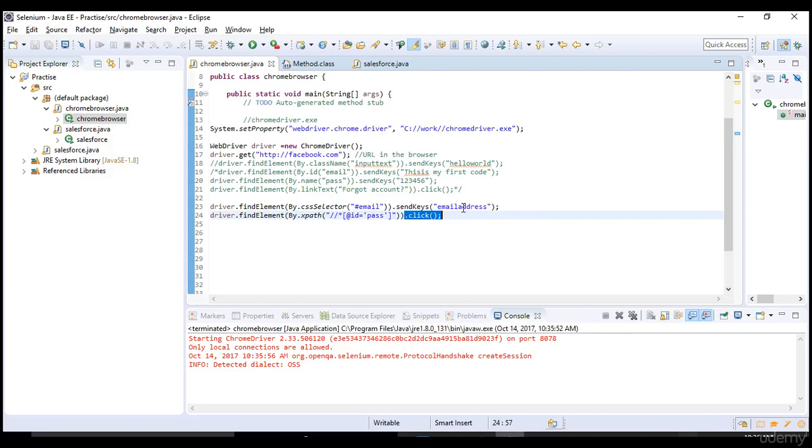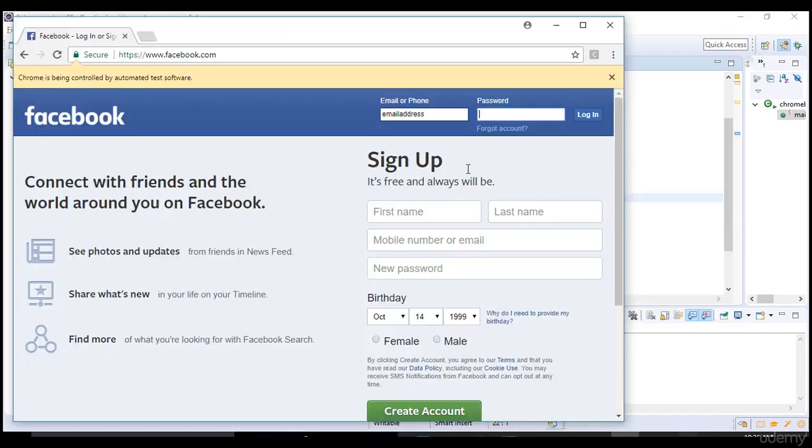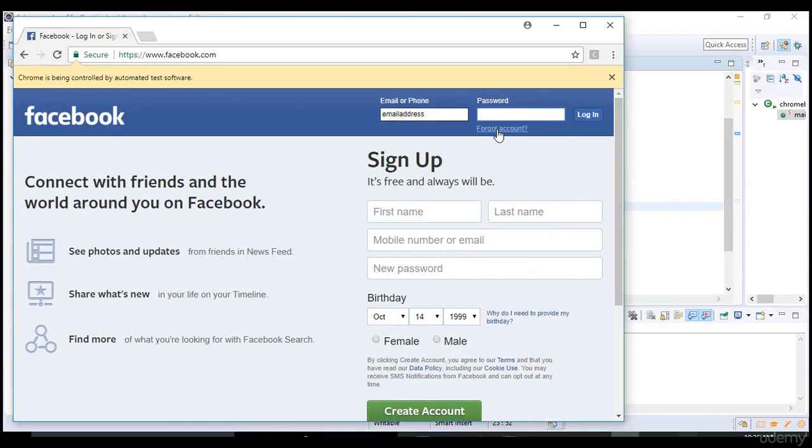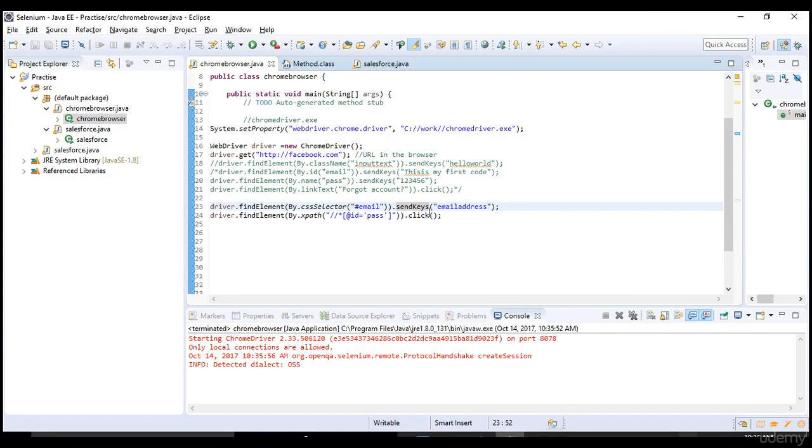You need to pass something, send keys. I hope you caught this error before I ran this. If you didn't catch it, that means you are not concentrating. So you see that it clicked on it, but there is no use. Here in this edit box, you want to send some information. In links and buttons you can click, but here there's no point in clicking, right? Cool. So you can change it to send keys and pass the password information.